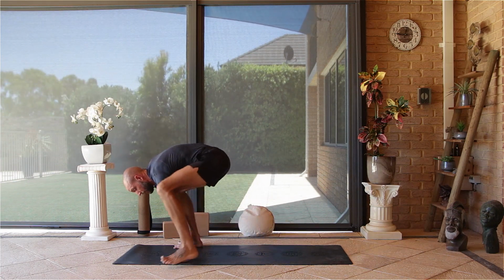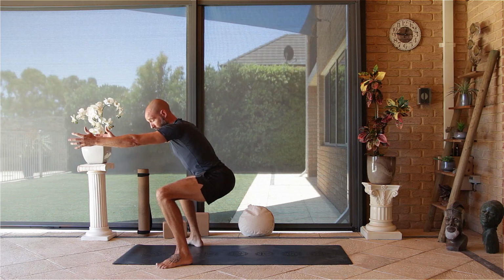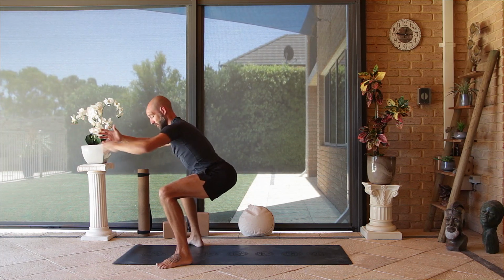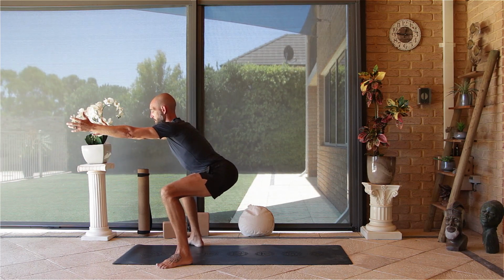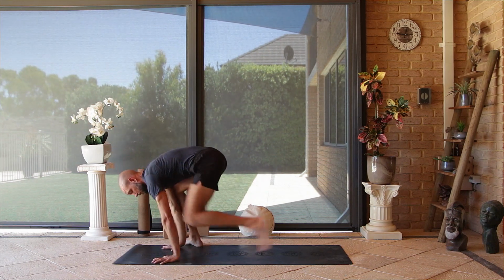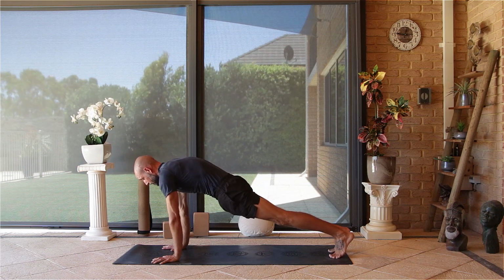then we're going to step that left foot outside the left hand, coming up into an active squat. So just halfway, push the hips back and extend the arms forward, so stretching out through the hip flexors here, sinking the hips back and push and push. Place the hands down, step the left foot back, right foot back, coming into a nice plank pose, spin the